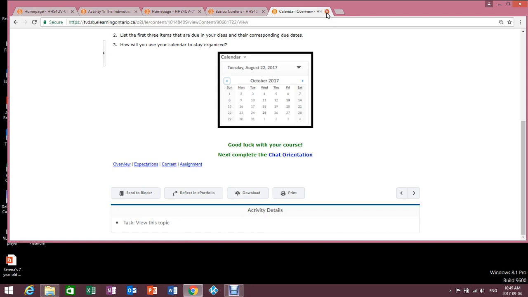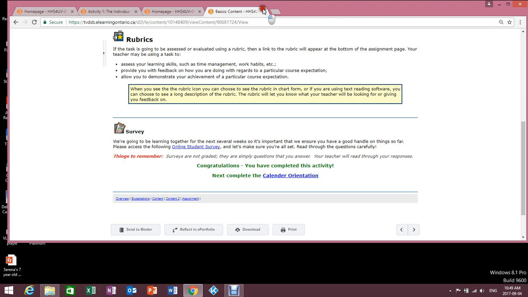Okay, it's just good practice, because when the time comes that I say, okay, I need you to create a group for this assignment, I don't want to have 30 people saying, how do you do a group? Because there is a section in the orientation that shows you how to do a group. So make sure you are doing the orientation, also all associated parts. You have 2 days to do it, so that should be more than enough time to get everything done.